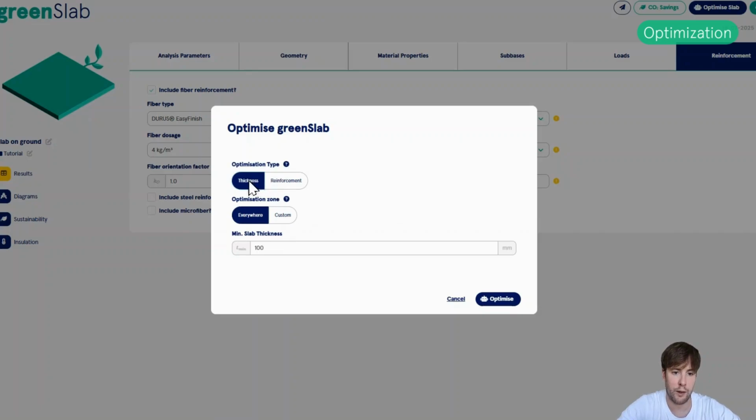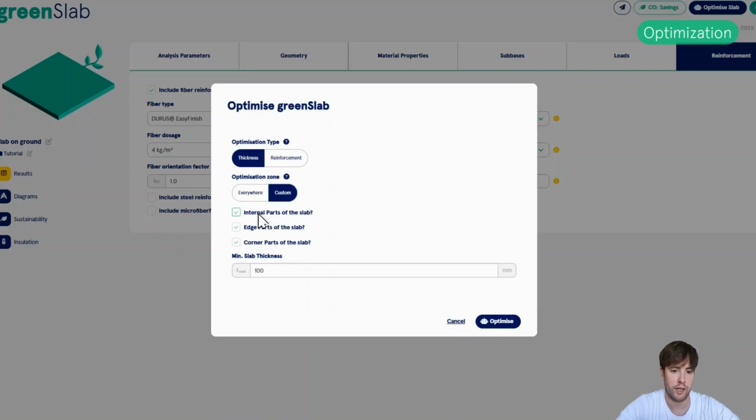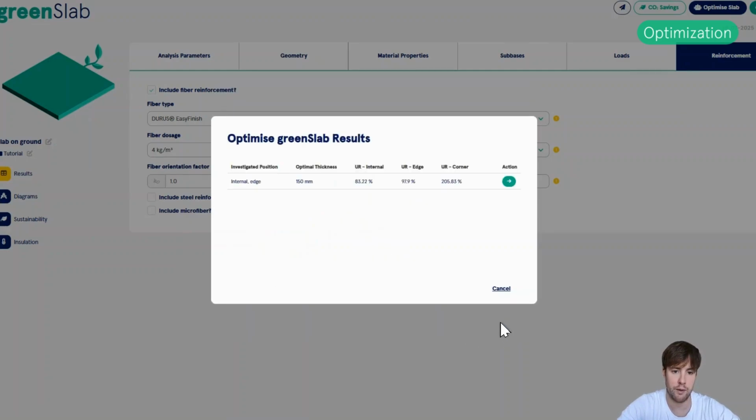So I will say I want to optimize the slab thickness, but I don't want to do it everywhere because then it will suggest a slab thicker than 200mm because we don't have any steel in the corners and the capacity at the corners was not sufficient. So I will say custom, and then I will untick this corner part, and I will say that the minimum slab thickness should be 100mm, and then I'll press optimize slab.